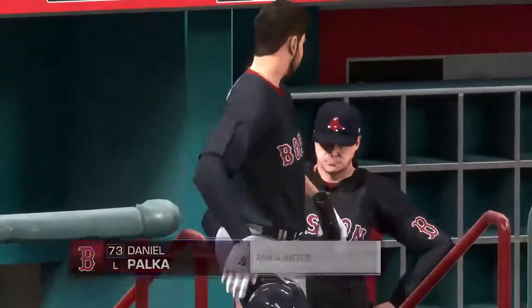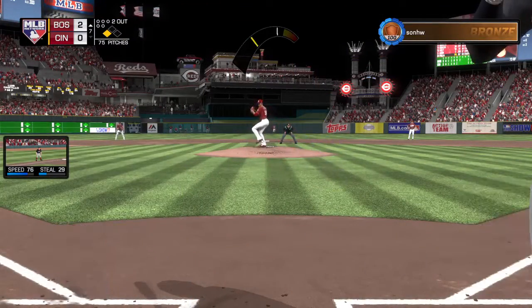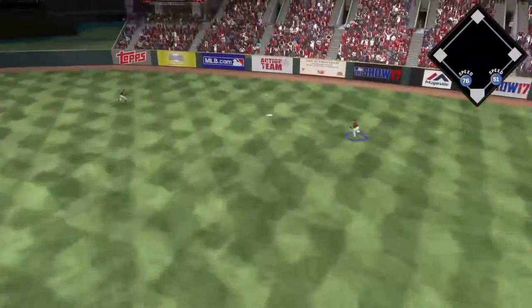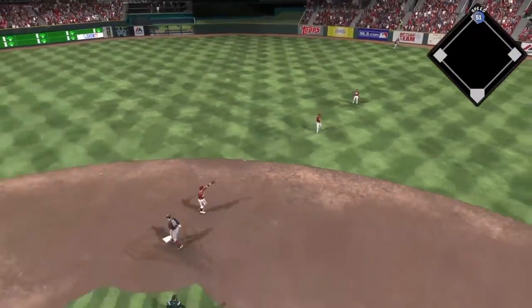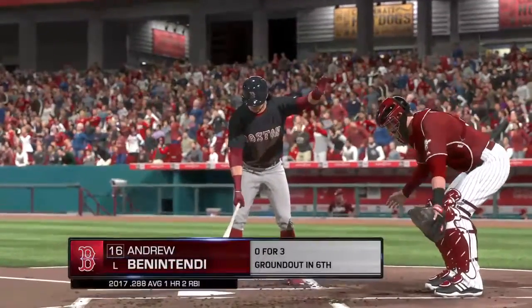Daniel Parker will get the call here. For Boston, number 73, Daniel Parker. Stung into the gap in right center for what should be extra bases. And they'll extend their lead even further as the run comes in to score from third. It's a 3-0 game. The left-handed hitting Andrew